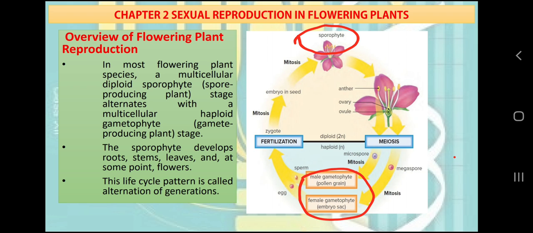What is sporophytic and what is gametophytic? See, plants have alternation of generation in their life cycle. Let's consider this. We humans always have two sets of chromosomes. We are diploid. We have 46 chromosomes but 23 pairs of chromosomes. That is why we humans always are diploid. And every single cell of a human being in its life cycle is a diploid cell except sperms and eggs.